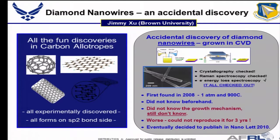It was late, and he turned off the methane and the nitrogen, and he left the hydrogen flowing, and he programmed the cooling process to last for 12 hours. So when he came back in the next day, he looked under the microscope, and he had these sorts of structures. They said, wow. So they did all the spectroscopic techniques, and they did the crystallography, and they found X-ray diffraction. And to their amazement, they had this new allotrope of carbon. And that was in 2008, and they didn't know how they did it, and it took them 3 years. They couldn't reproduce it. So eventually,